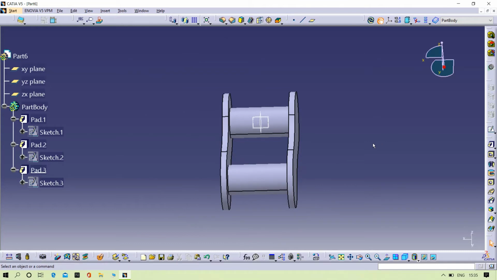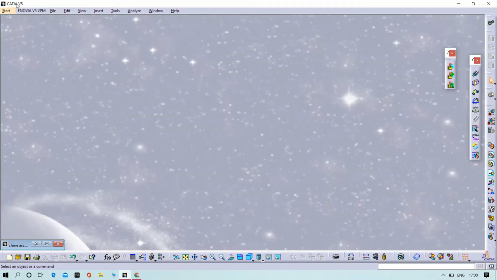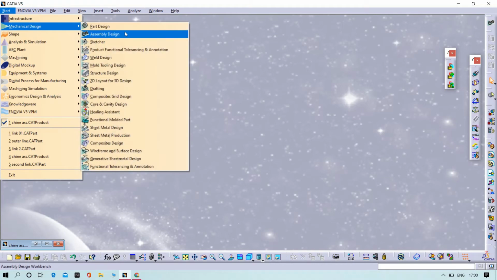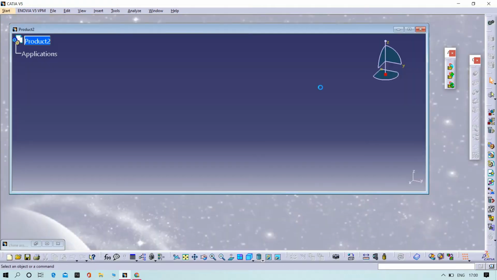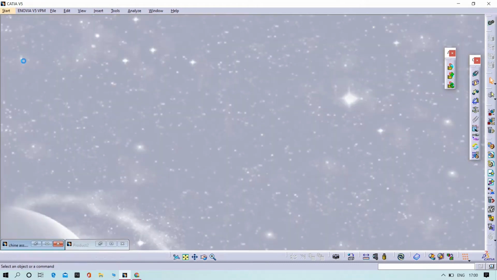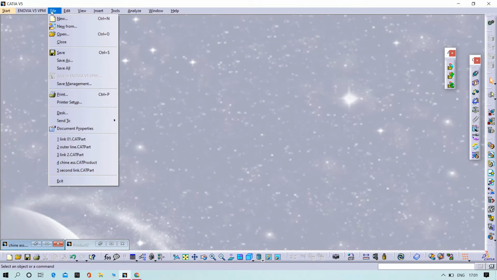Now we need to assemble the chain. Now we are going to assemble the link 1 and outer line. For that one we need to open the assemble design section. Let us open. Yeah, it's open. Wait. First of all, before going to assembly, we need to do one work. What it is means,